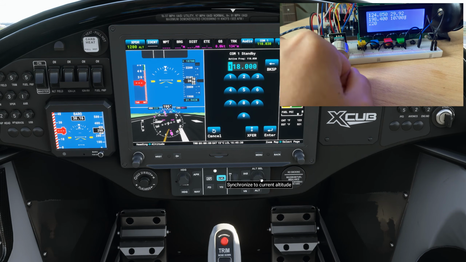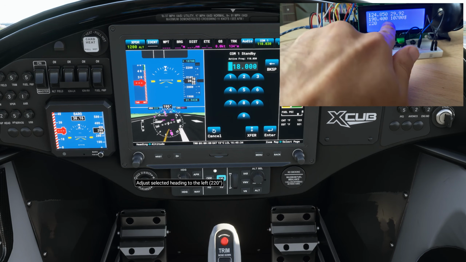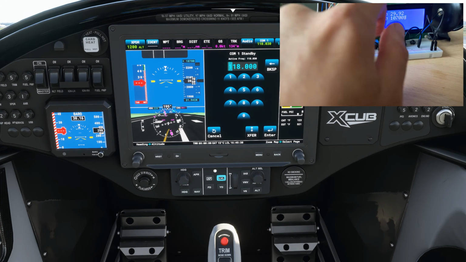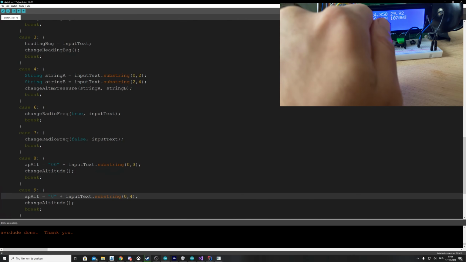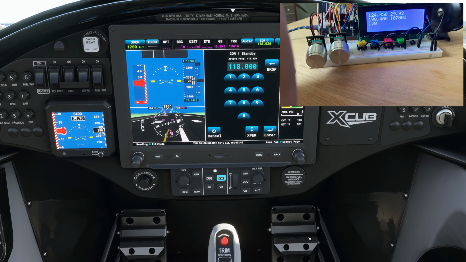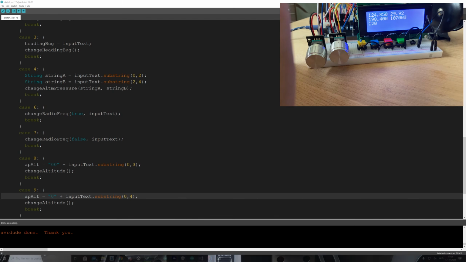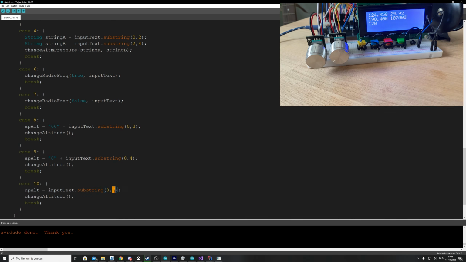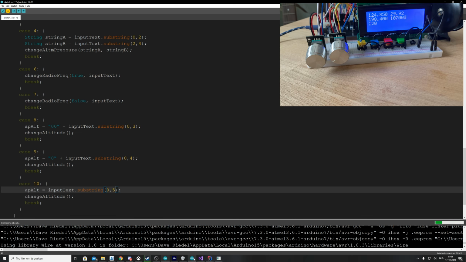Here we go. Okay, apparently I made a mistake. So it goes 0, 1, 2, 3, 4. So the cutoff point. And now you can actually see that an extra character is coming in. I don't know what character that is. It's just an extra filling to see which value is coming in. So we're going to change this to 5. If we upload this again,